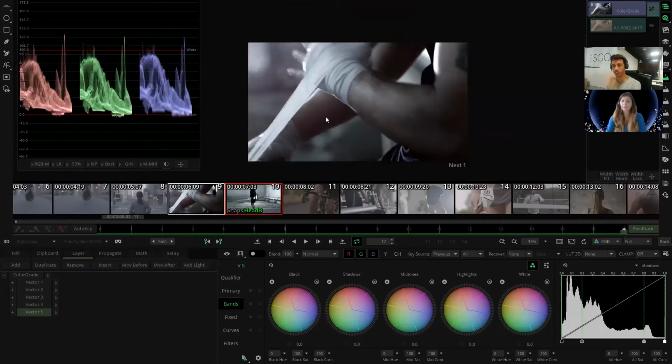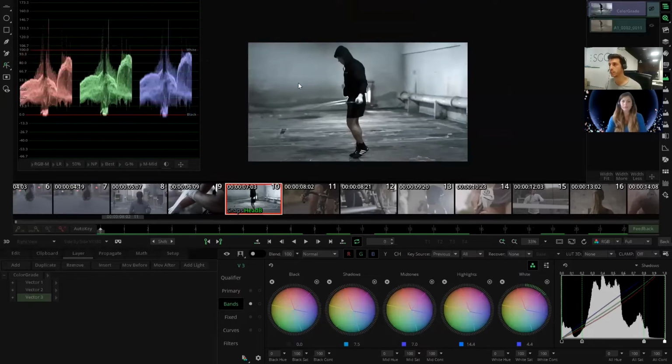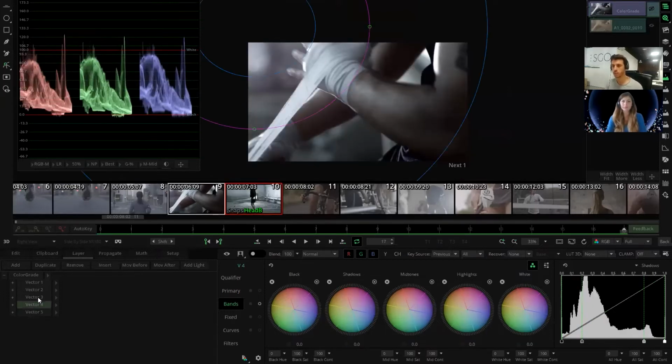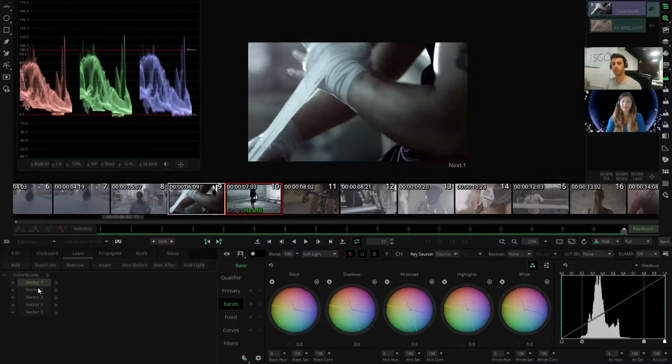If this, for example, looks very magenta, which it looks more magenta than in this particular case, we can just come to the vector 3, which is our color layer, and try to move it to more bluish and greenish just to make it look more similar to this one and to create that kind of dramatic or cinematic effect on the shot. Now the great thing is we're basically making all the look with only 3 layers. At the end, you will be able to put all those adjustments in almost 1 layer. You don't need to do it in that way. But when you are playing with the shot, just to find the look that you want,